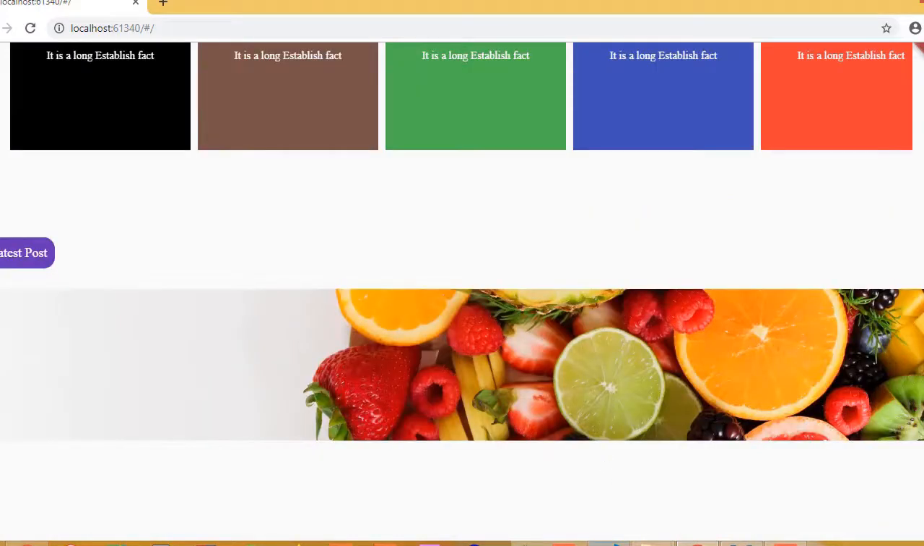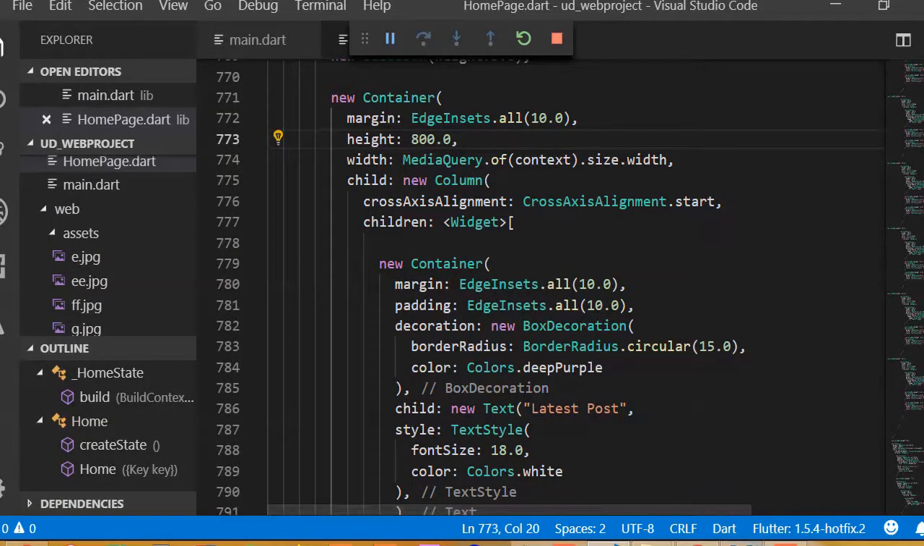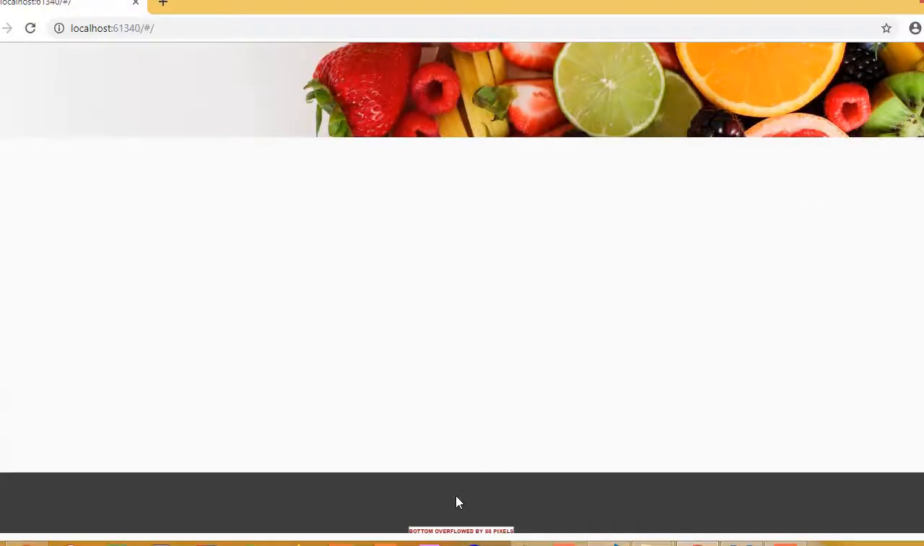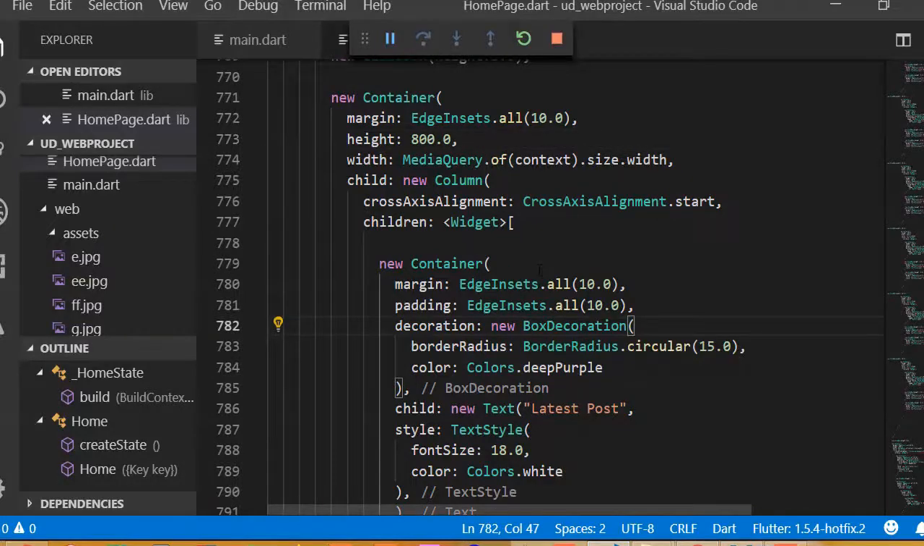Okay, now see. It's fine, almost good. But why are we getting this error here? Bottom overflow. Okay,